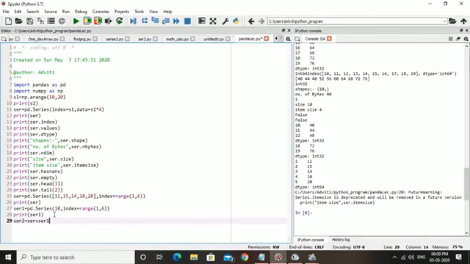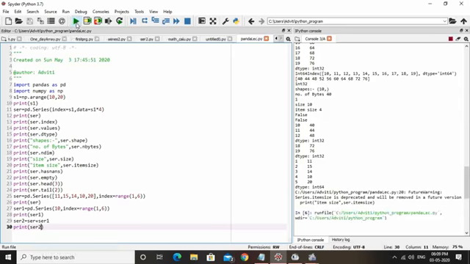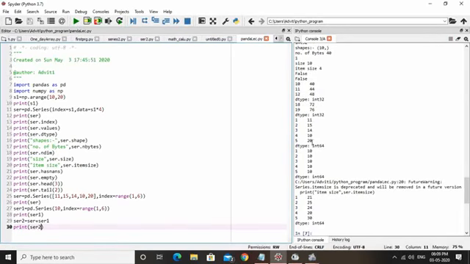Okay, and take a print of SER2. Now run it and check here. First the argument 11, 15, 14, 10 and 20 creates this series of 5 elements, showing the index. The index starts from 1 till 5, that is, less than 6.